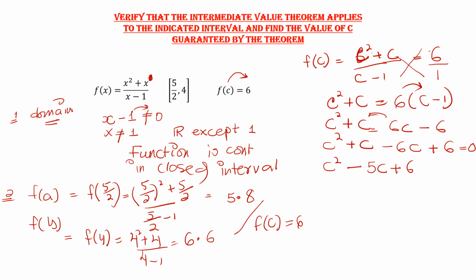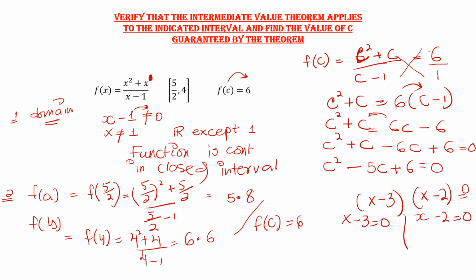And factor it. Once you factor it, you will get x minus 3 and x minus 2, which is all equal to 0. Now x minus 3 equals 0 and x minus 2 equals 0. We are setting the factors equal to 0 in order to determine our value. Rather than writing x, I should actually write the c value here, because I am finding the c value. So c equals 3, and c equals 2.